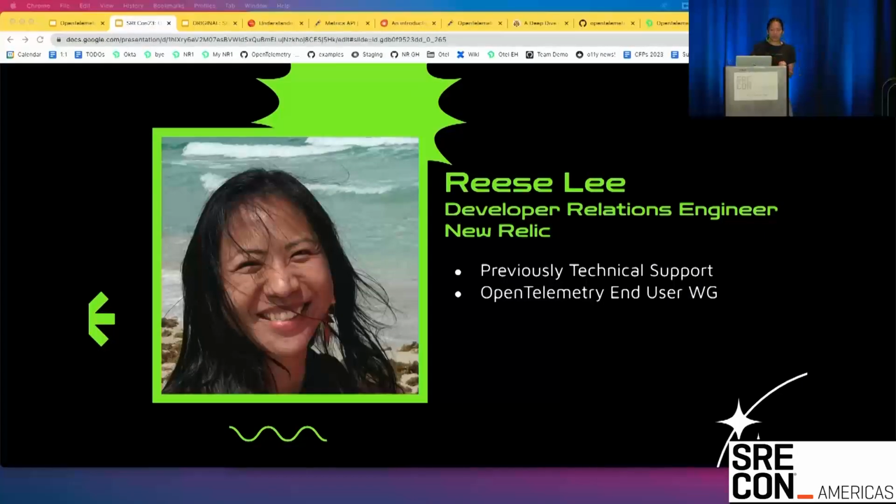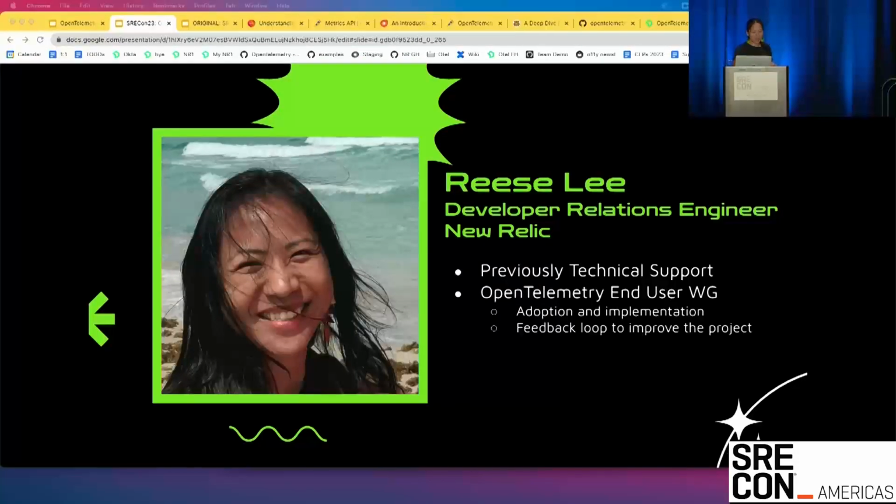We have two overarching goals. One is to increase the adoption and implementation of OpenTelemetry. If I can say OpenTelemetry at once. And the second is to improve the project by facilitating and maintaining a constant feedback loop between end users and the project maintainers. So we're still working on that piece, but to that end, some of the activities that we host are